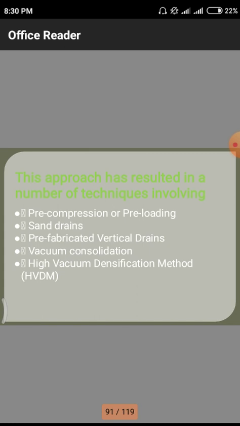Next one is vacuum consolidation and vacuum densification. Vacuum means we are using an artificial force, as previously we discussed with vacuum cleaners, so that a huge amount of pressure is used to evacuate particular areas. That means the vapor or any other waste or dust materials in the house itself are cleaned by using these vacuum cleaners, so this principle is employed here to avoid voids in the particular structures.